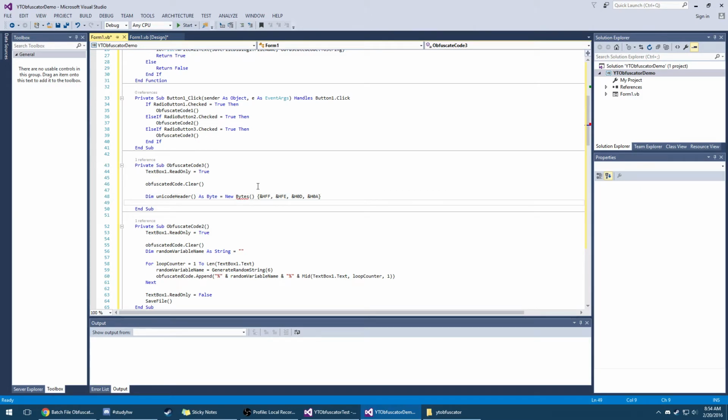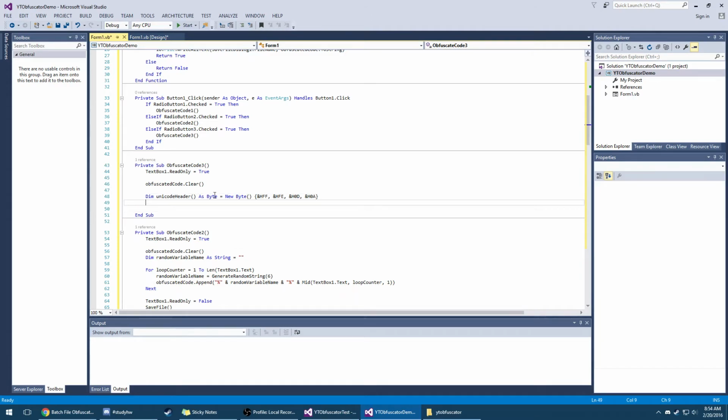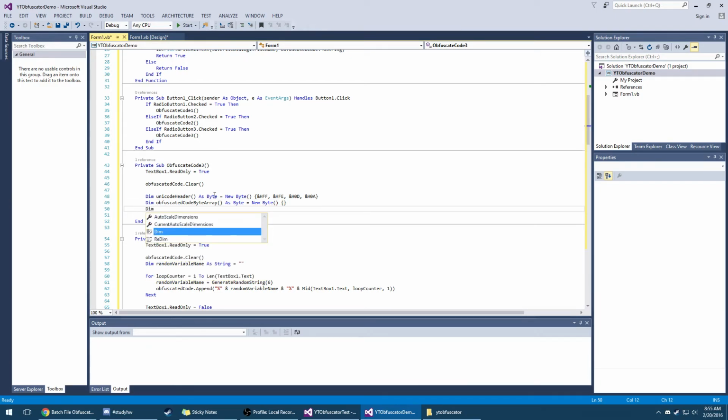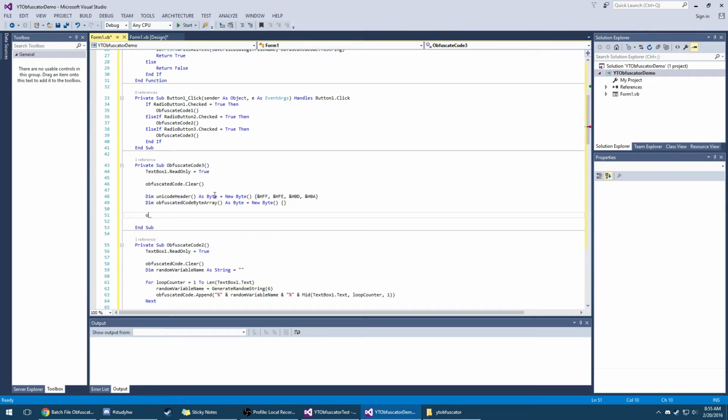Alright. Not new bytes. Oh my gosh. There we go. Dim obfuscated code byte array. What we're going to have to do is convert the text in the obfuscated code to a byte array, because the way we have to work with this stuff is with a byte array, and we can't just work it as a string. As byte equals new byte, and we're just going to leave it empty, because we're going to add stuff to it later. And then we're going to add stuff to it now. Obfuscated code byte array equals